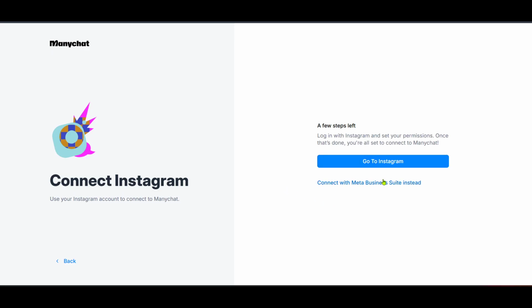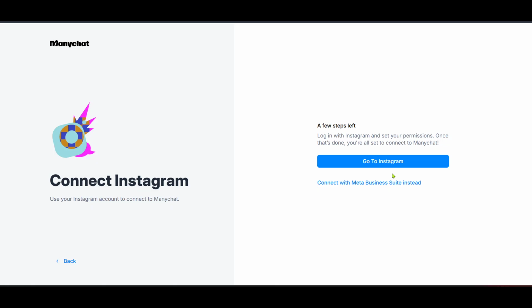In the Instagram settings panel, you'll see an option to connect. Clicking on this will initiate the connection process between Manychat and your Instagram account. Ensure you follow any on-screen prompts carefully, as it might require you to log into your Instagram account or authorize permissions. Once completed, Manychat will be linked to your Instagram account, allowing you to manage and automate responses to comments quickly and efficiently. This setup opens up a world of possibilities, from automatic responses to organizing comment threads and improving